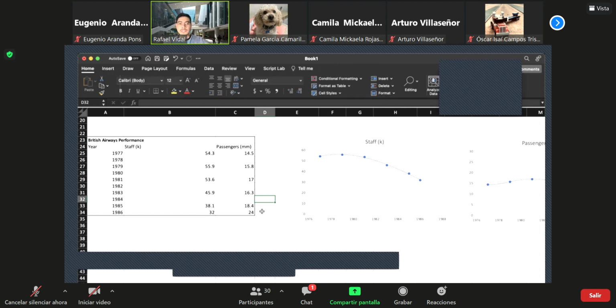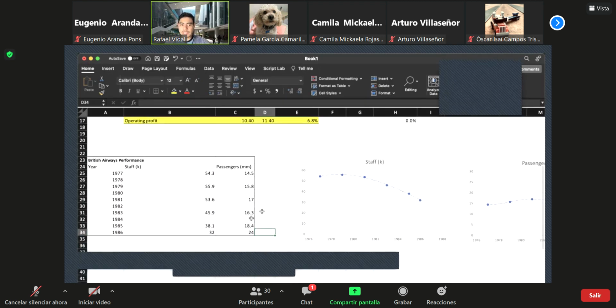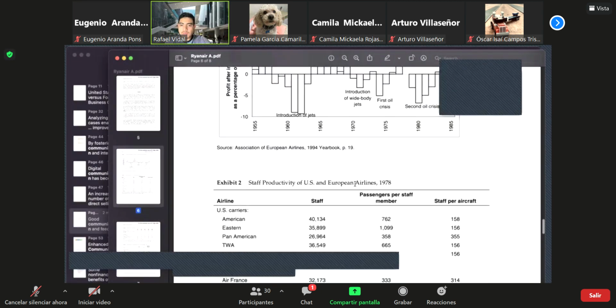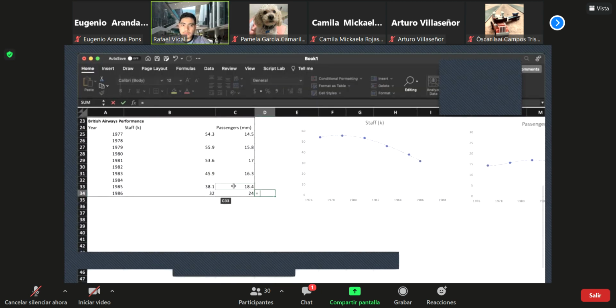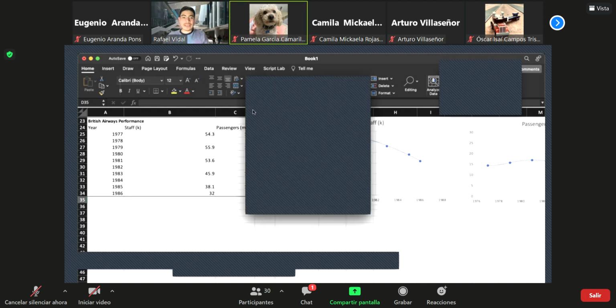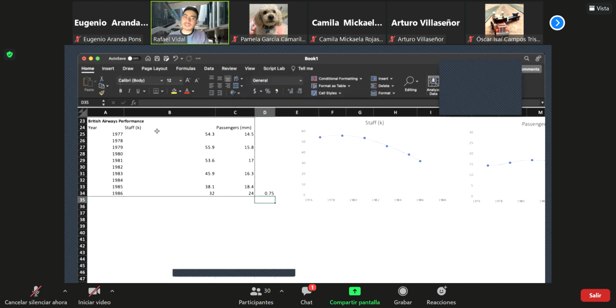So the productivity for British Airways for 1986 is, what did we say? Passengers per staff member. Did I do something wrong by just dividing those numbers? I don't think so. I think so, because we have Ks and millions. It's like dividing,